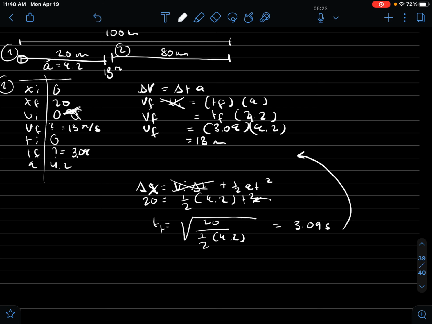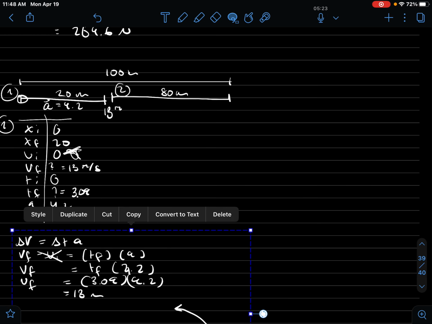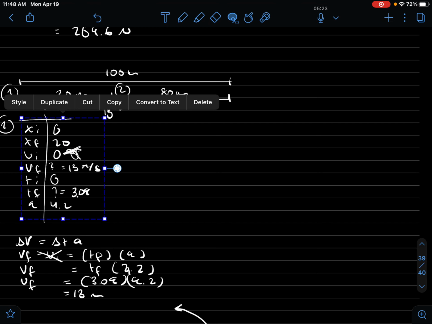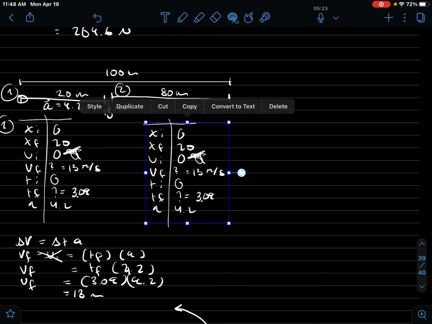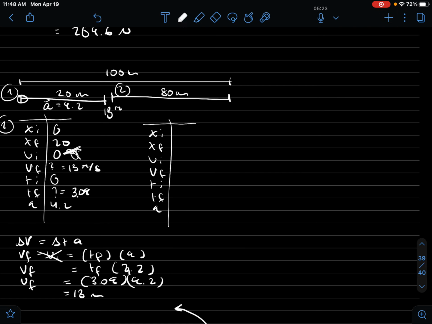Now we're going to solve for the second portion. So we'll do the table. Figure out everything you have. Let's say you start at 0. You can say you start at 20 and end at 100 meters, but another way is to say you start at 0 and end at 80. Treat this right here as 0, the starting point. So the initial velocity is this,